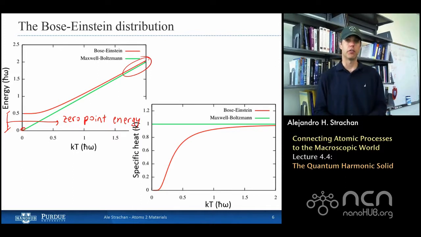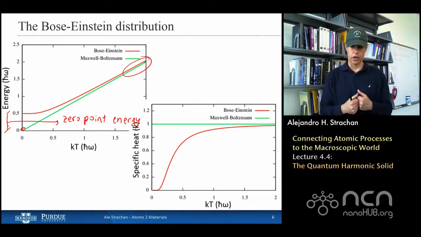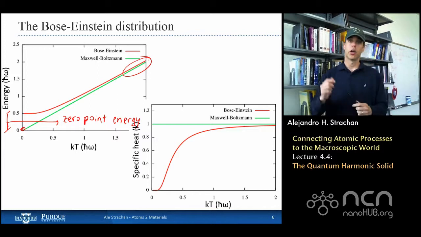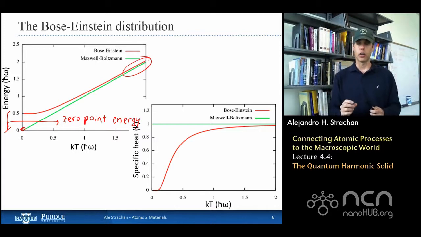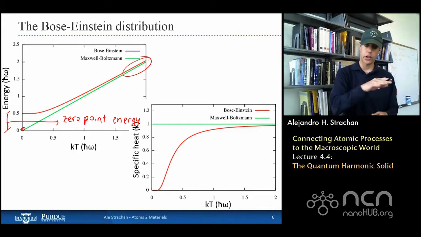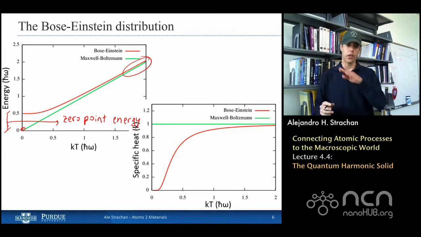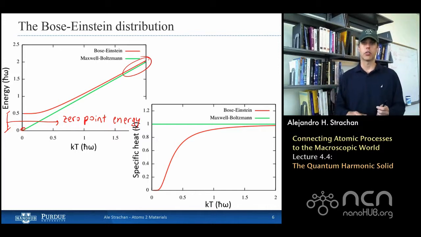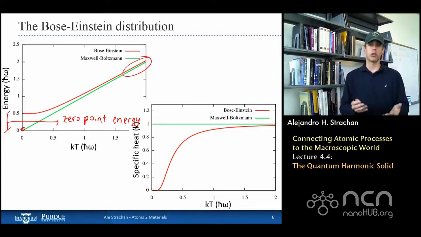If you take the derivative of this curve, you have the specific heat, and here you see the classical specific heat for a single harmonic oscillator. Okay, in 1D. This is not for one atom, but for a 1D harmonic oscillator. Each degree of freedom carries 1/2 of kT. I have 2 degrees of freedom, so I have kT of energy. The specific heat is k, Boltzmann constant. Okay, and you see here that the quantum expression correctly goes to 0 in a shape that's very similar to what we saw in the experiments that I showed you during last lecture. Okay, so by applying quantum statistical mechanics to the problem, we get the right behavior for the temperature-dependent specific heat